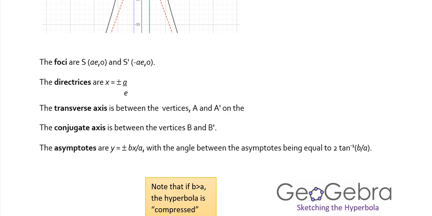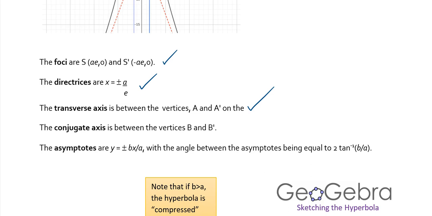Now this part we've mentioned previously, but again the foci are of the same form as for the ellipse. The directrices are the same. Instead of a semi-major and a semi-minor axis, or a major and a minor axis, we have a transverse axis between the vertices, and the conjugate axis is between the vertices B and B dashed